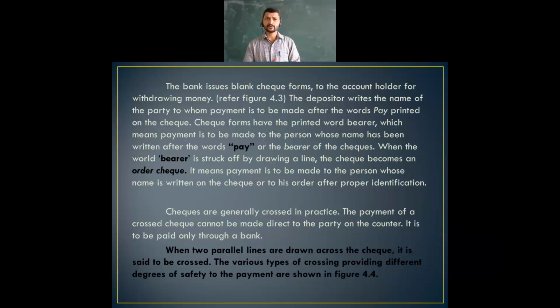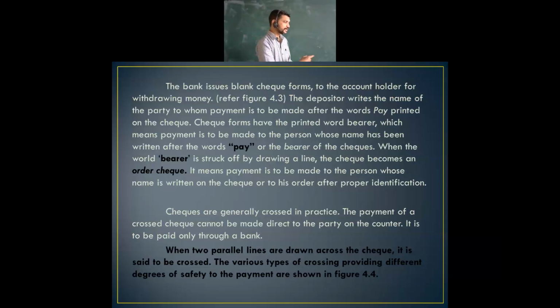Directly, if you see the checkbook, after signing it you get the money. No, here most probably it comes to the situation where they may directly pay the money into your account. They will not directly hand over the cash in your hand. Sometimes, if you go for withdrawal, they may say this is a crossed check, two lines drawn, which means they are going to make the payment to the bank only. So here we have many things. I will tell you how it is in the next slide.